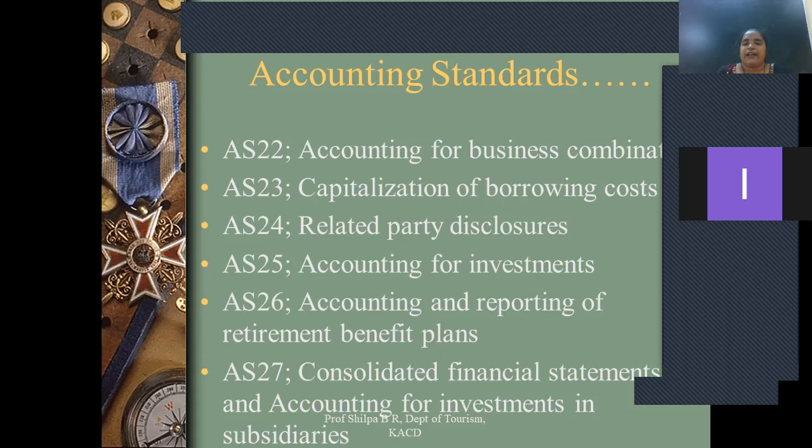So consolidated financial statement arises when you have more than one branch or you have subsidiaries in different countries or different locations. Subsidiaries means the sister concerns or your branches, or you can say those companies which have a common name as a parent company and they are working under that parent company.